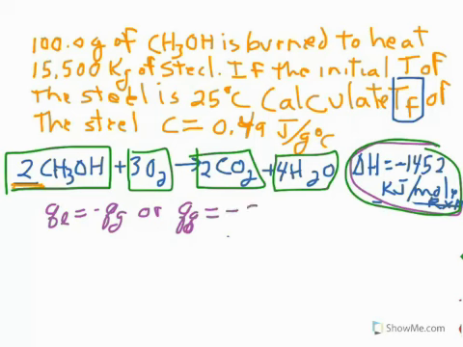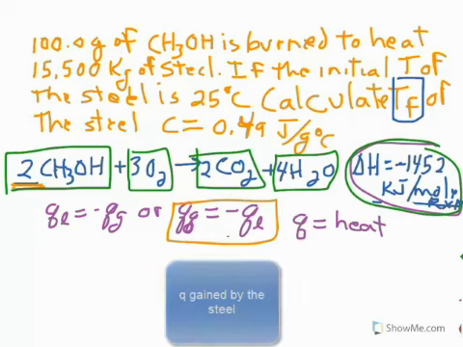In this case, Q is a symbol that we use for heat. So we have our heat. I use this form of the equation, and you've got to write this out. Q gained by the heat is equal to negative Q lost, which is equal to negative,